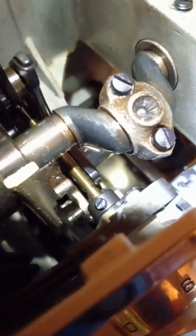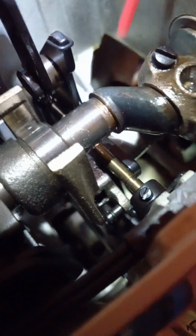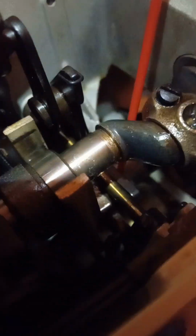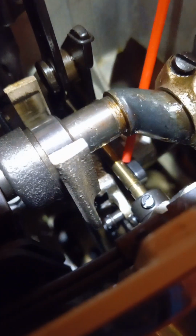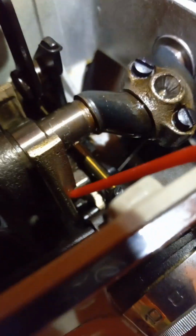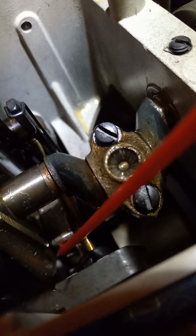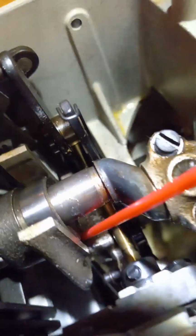This is one of the times when I do actually use a little bit of WD-40. I put a little bit on this side. I don't think my camera is going to show down in here. Basically on each side of that, and then also, boy, it's hard to get it in here, down basically